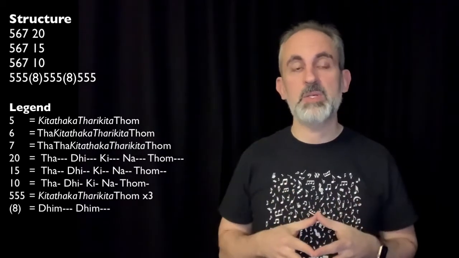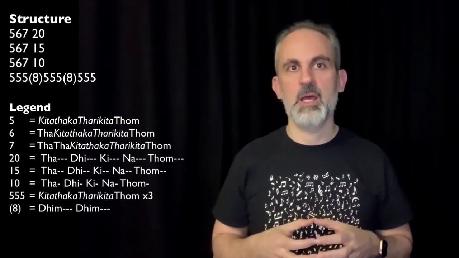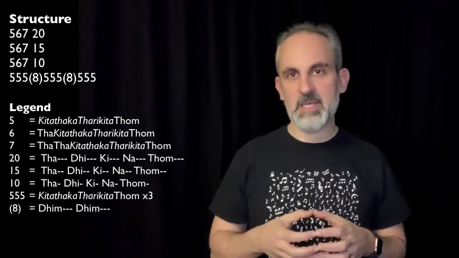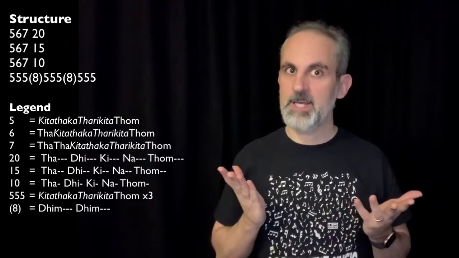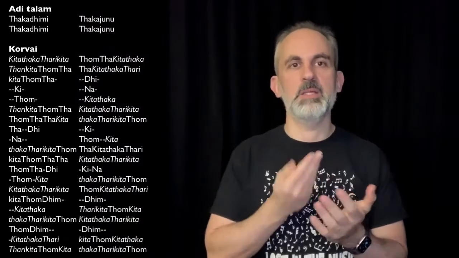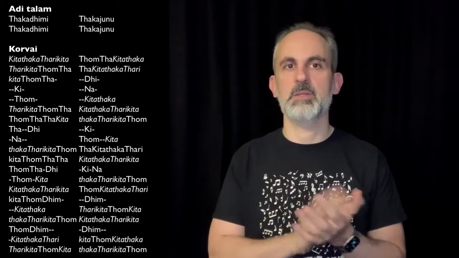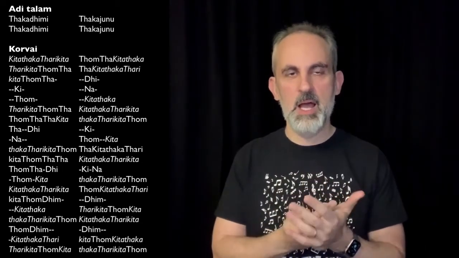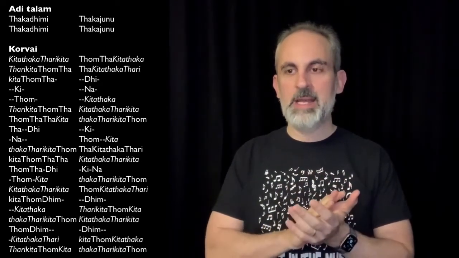And so, as always, I'm going to recite this again, but slightly slower and preceded with half a cycle of Adi talam, so you can get a sense of where the tempo is. So, whenever you're ready, we go. Taka dimi, taka juno, taka dimi, taka juno, Kitathaka Tharikita Thom Tha Kitathaka Tharikita Thom Dhi Ki Na Thom Kitathaka Tharikita